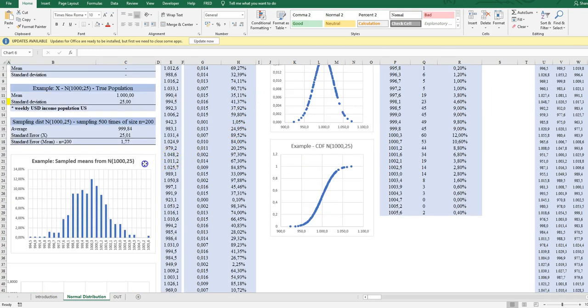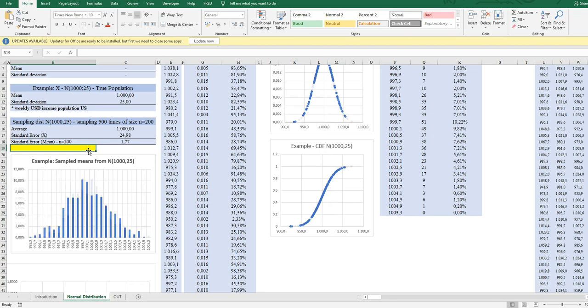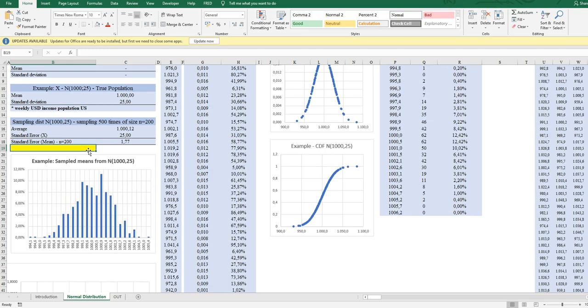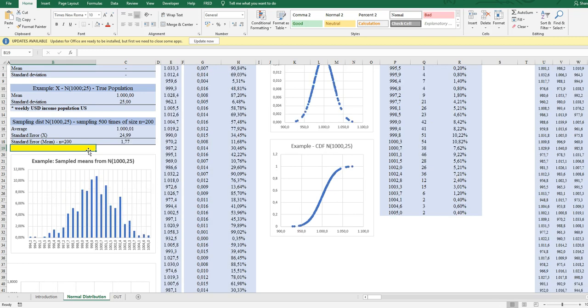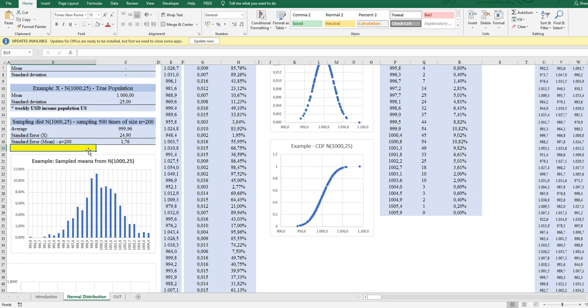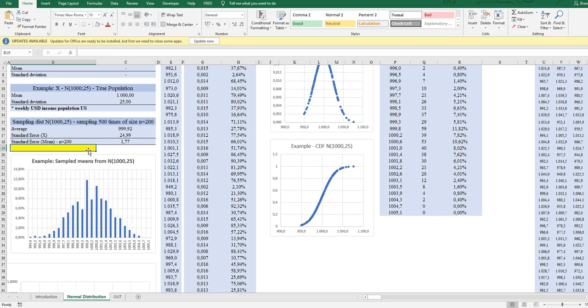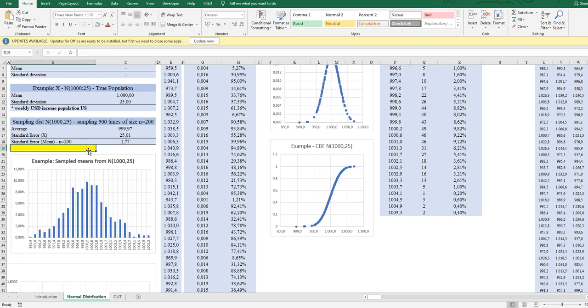And this leaves us with this result, and we see some bell-shaped functionality or pattern. I'll just try to type F9 to activate the random function in the sampling, so we can see with some other new 500 samples, and we see it looks quite good. And the idea is that we actually